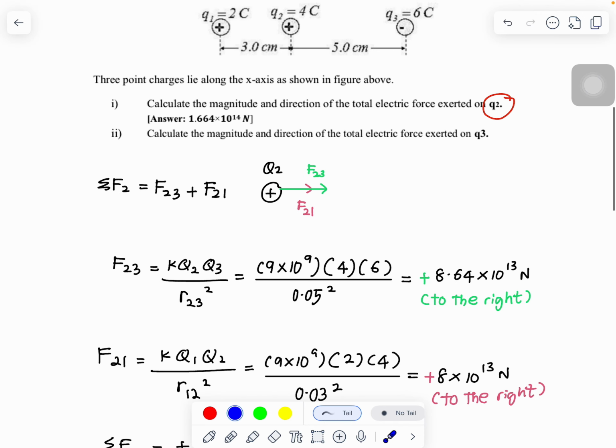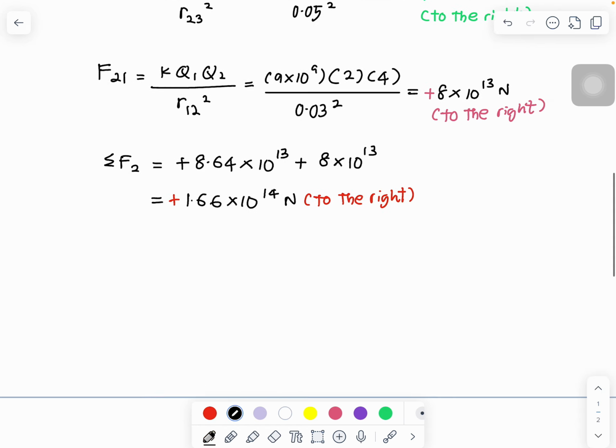Now the second one, we want to calculate the magnitude and direction of the total electric force. Okay, benda yang sama, but now exerted on Q3. Okay, kita mau dekat Q3 saja. So benda yang sama juga kita lukis semula, sebab direction dia sudah tidak sama. Okay, so number 2,